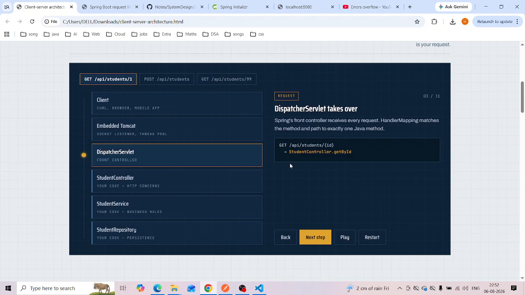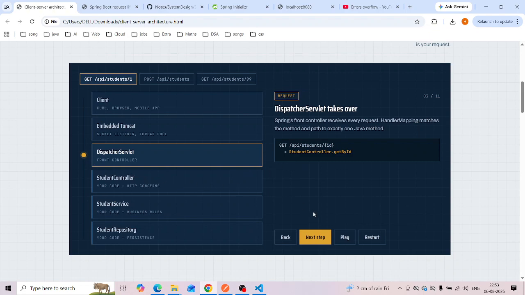Handler mapping matches the method and path to exactly one Java method. So whatever request we send goes to the dispatcher servlet, and then handler mapping matches it to exactly one Java method, because in a controller there will be multiple Java methods, but this is going to be for only one.